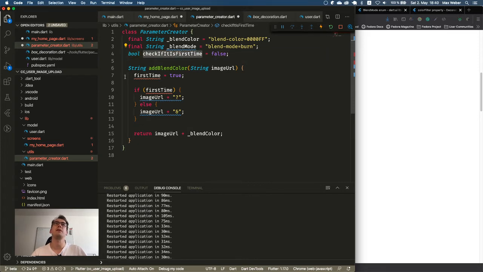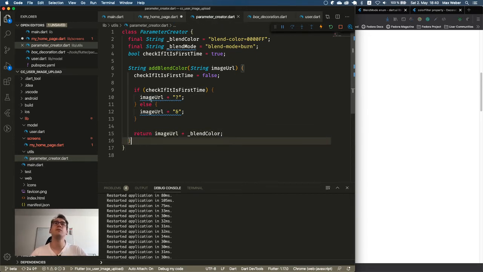So I think it's a better name. So if it is first time, we start with true and then set it to false. Yeah, with that we jump inside. The first time it's getting this question mark. Cool. And that will add this part.